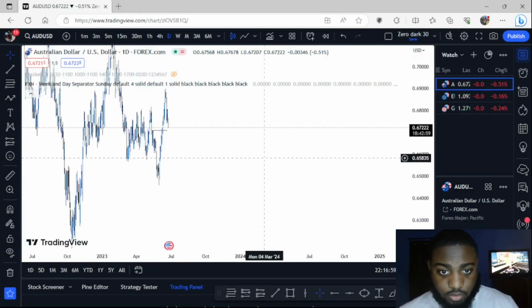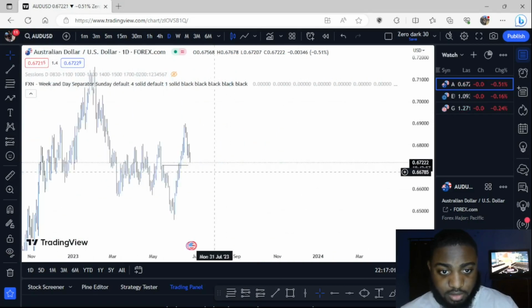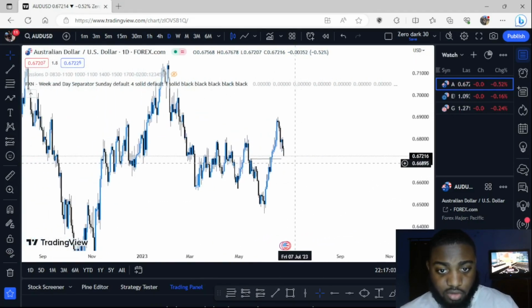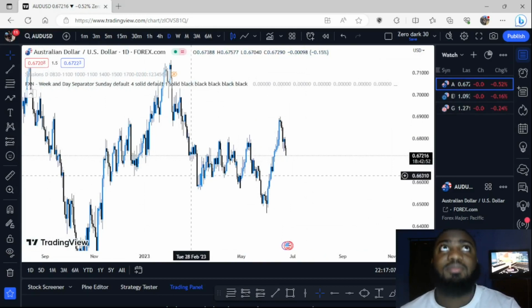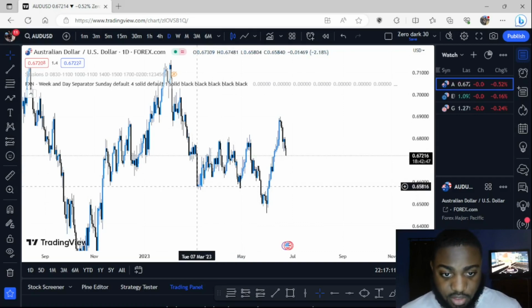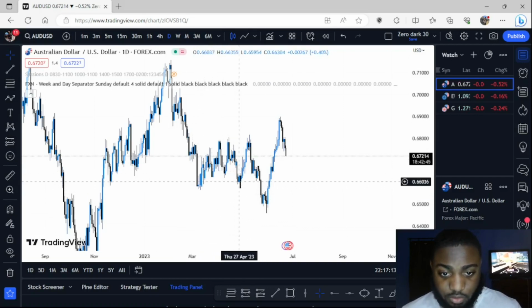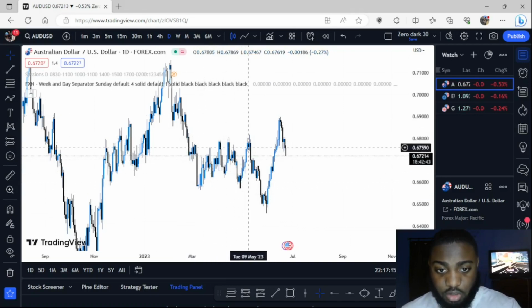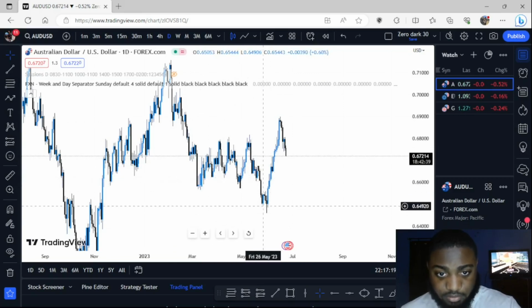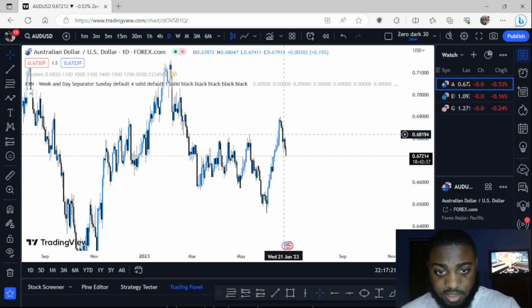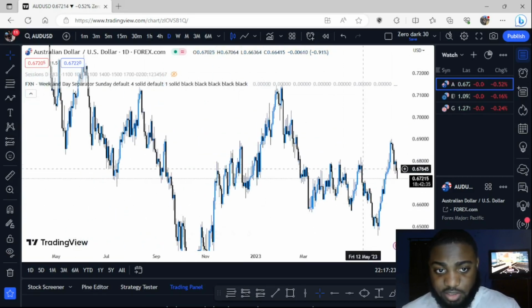Now, where else will you find liquidity other than relative equal highs and lows? Liquidity rests above every high and under every low. So under here's liquidity in orders. Under here's liquidity in orders. What's going on? Price has come down and taken that out in order to go back up and take out this. See, that's not just in this area.